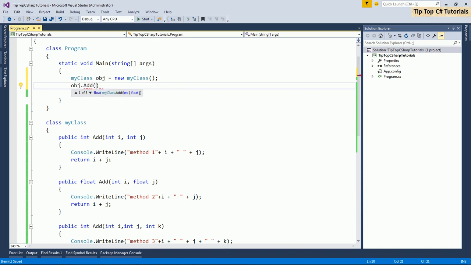See, now you can see that I have three. One is where I pass int and float, int and int, and then int and int and int.